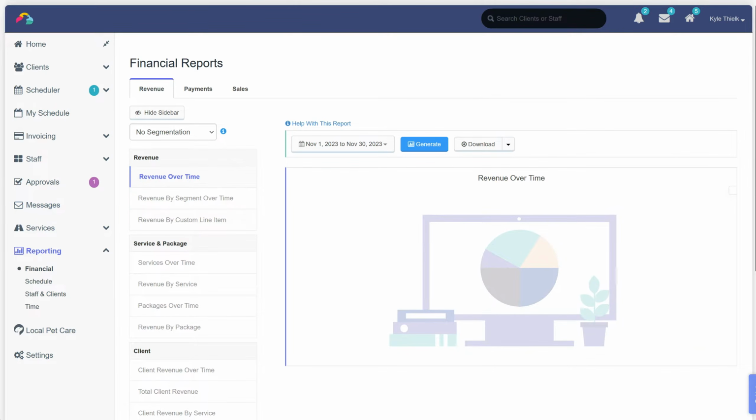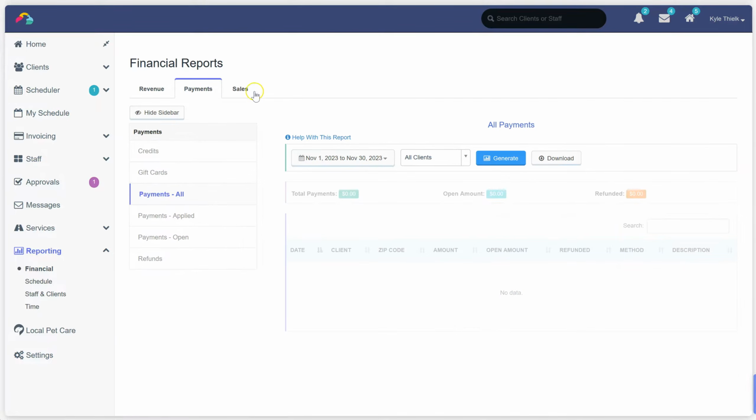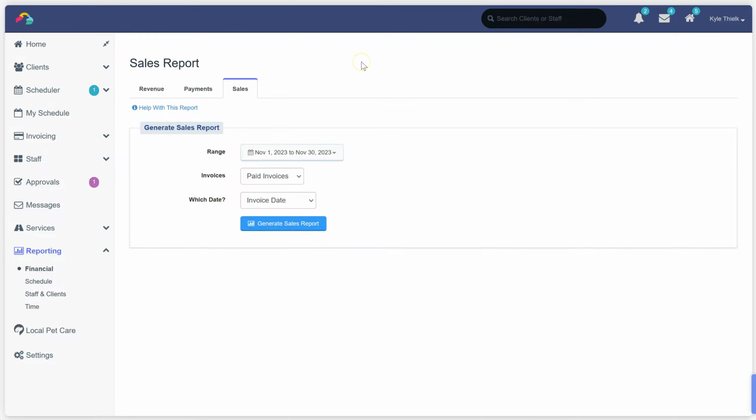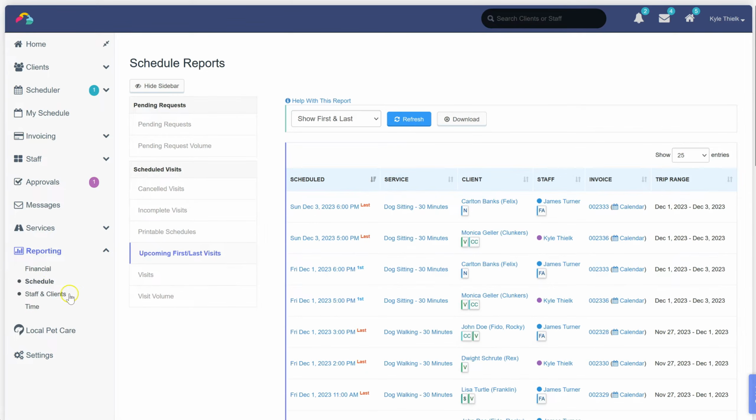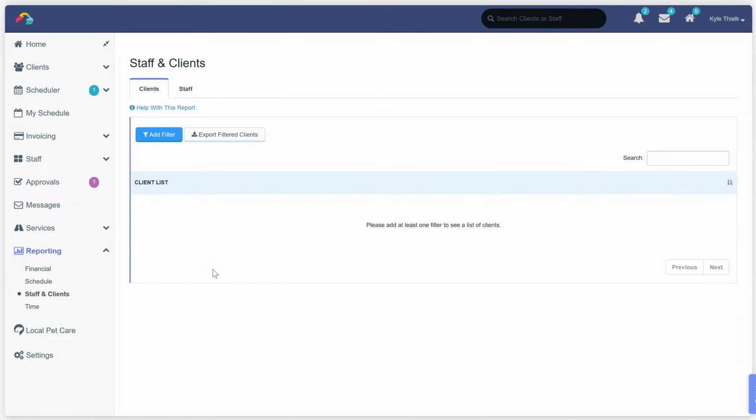reporting section. We support robust reporting to help you better understand and manage your business. This includes dozens of reports on your revenue, your payments, tools to download all of your sales data, reports on visits, tools to export data on your staff members and your clients, and time and mileage